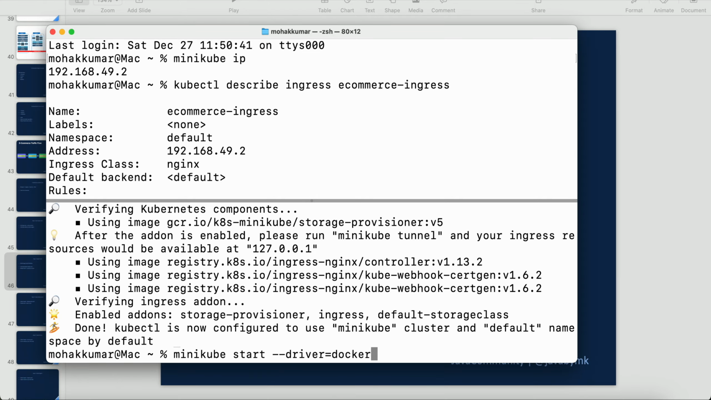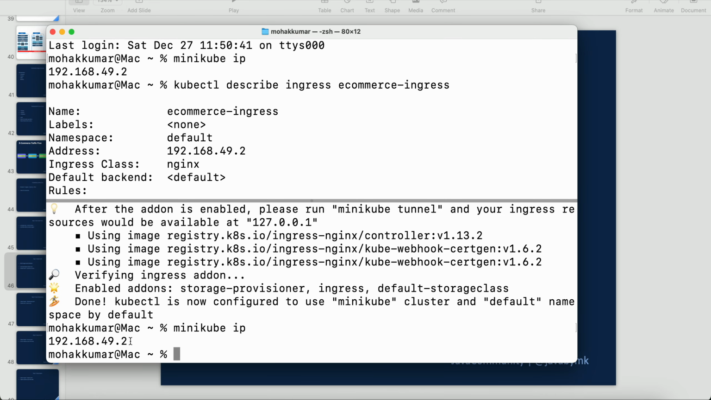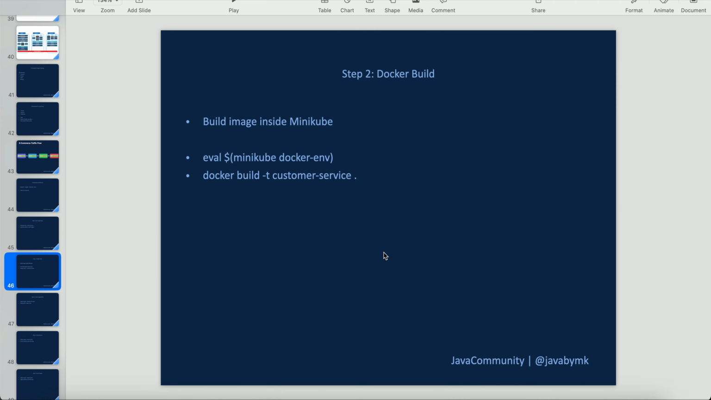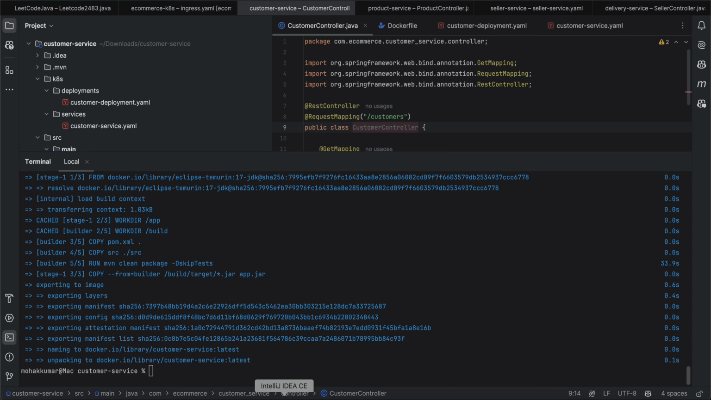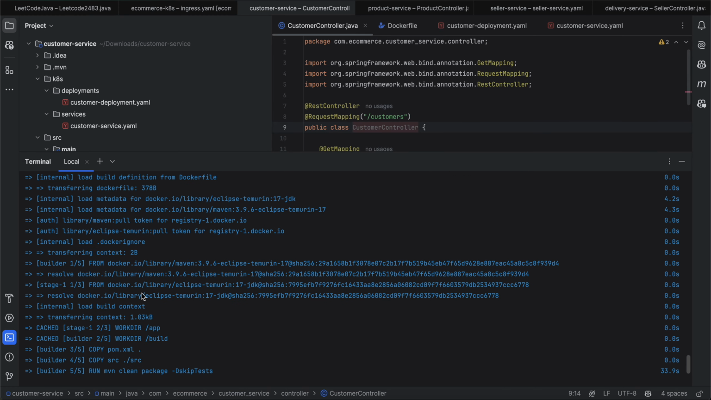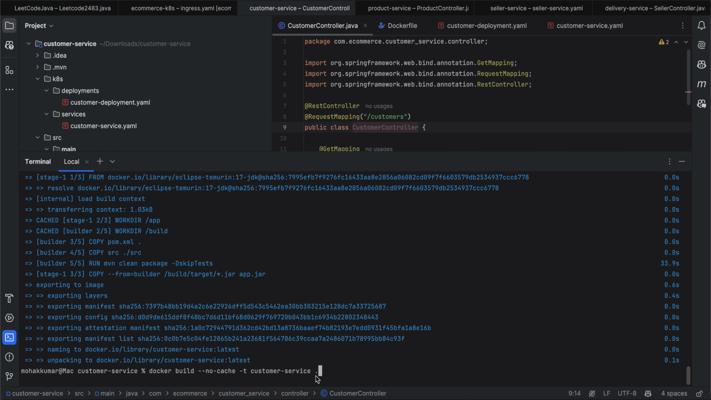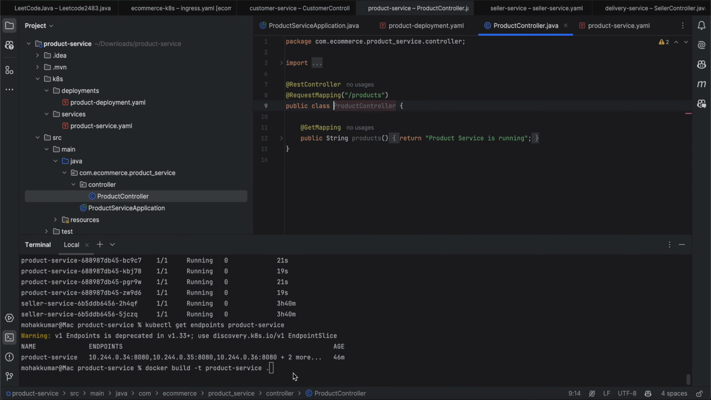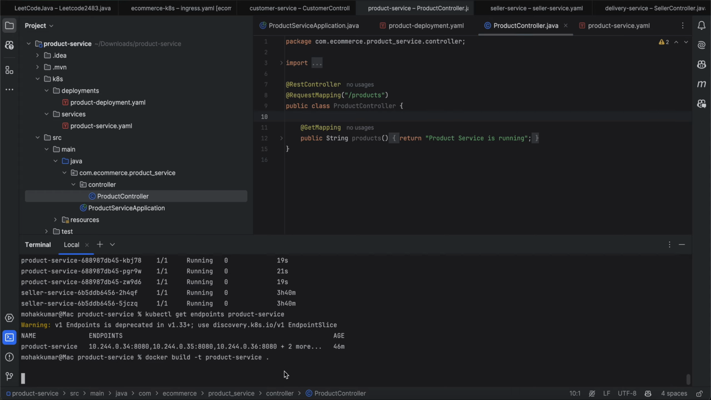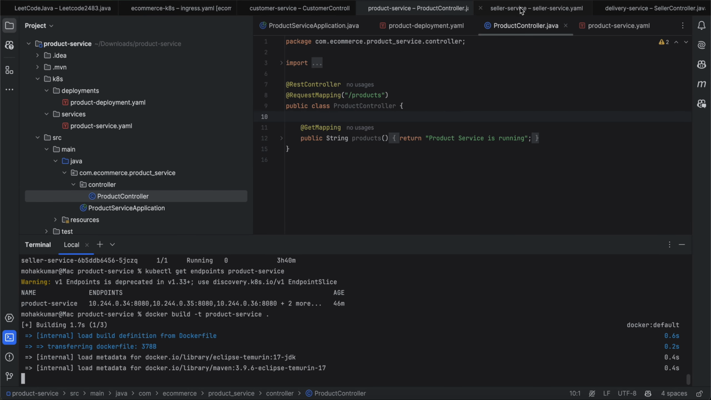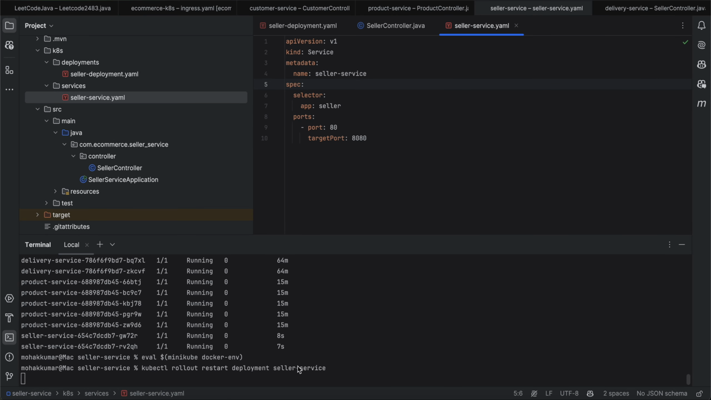Now we can see the minikube IP. The minikube is up and running with this IP address. Next step is we will build the image. See, the image is already built. The similar command I'm going to run for product service also. Next, similarly I will go ahead and run the docker build for